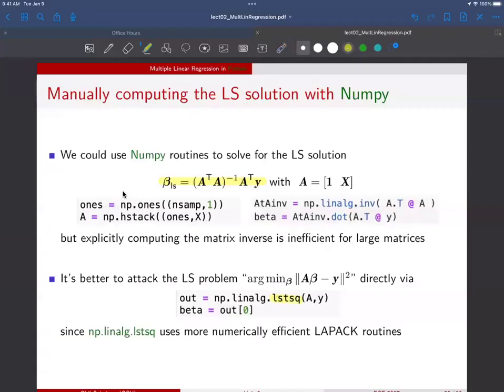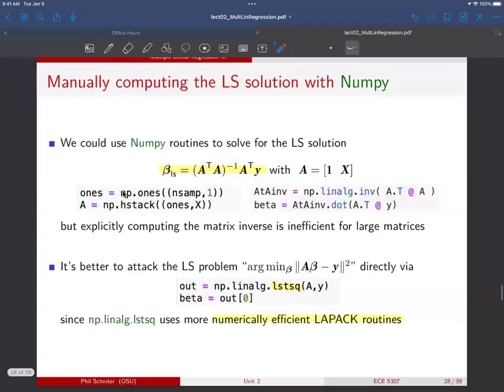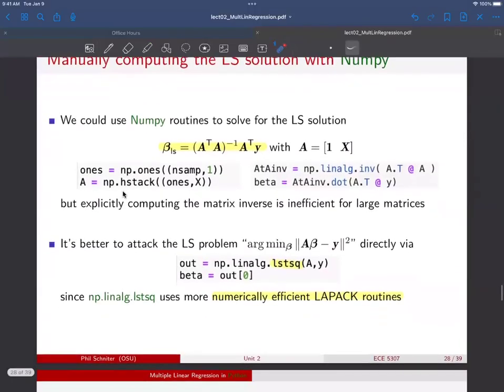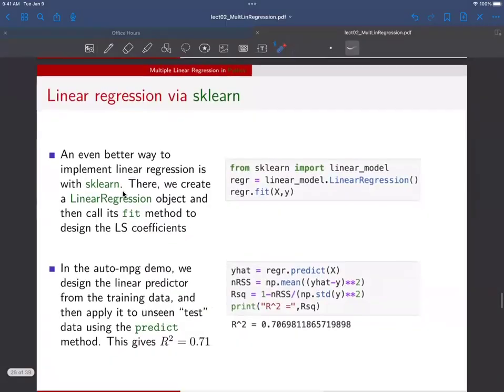This uses some numerically efficient linear algebra routines and gives you more or less the same coefficients. I say more or less because there can be some numerical robustness issues. Sometimes if the matrix is ill-conditioned, the inverse can give you weird numbers. This is actually going to be more robust. So this is a preferred technique, but it's still not the thing that I would recommend using in this course, because we have